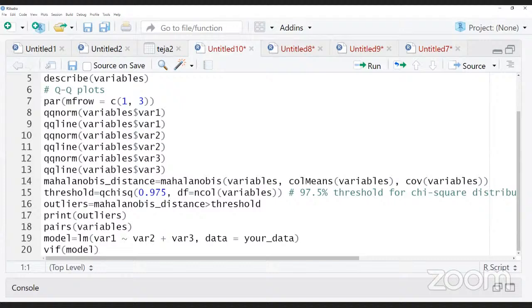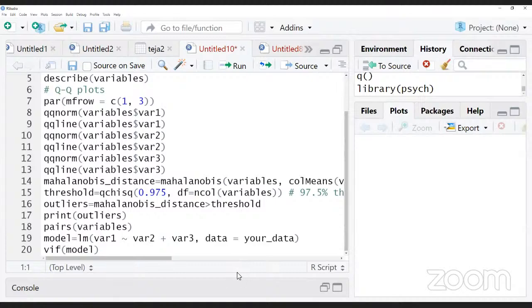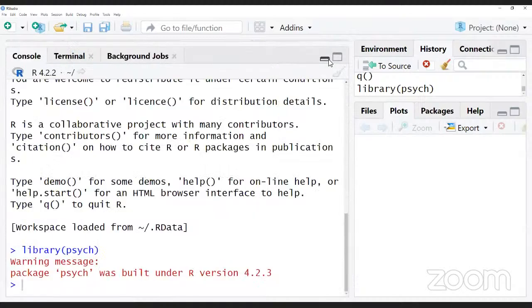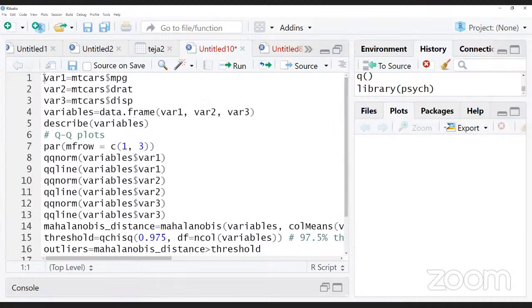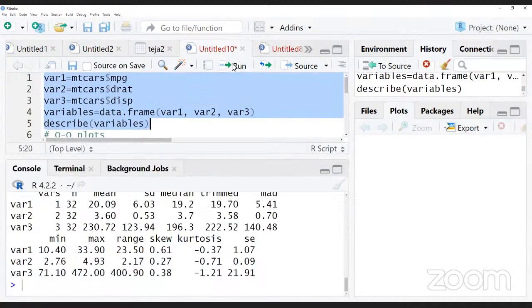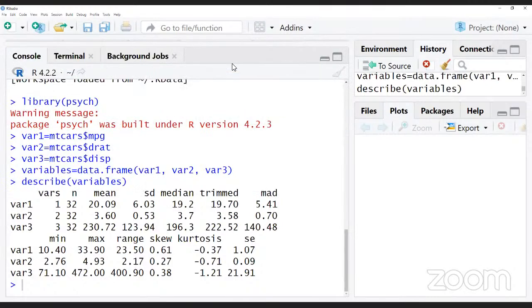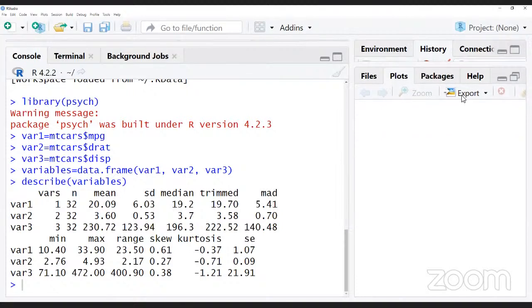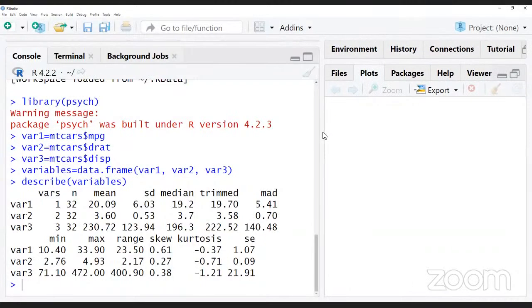Okay. Now I am requesting Farah, please select the first data and then run. Students, this is visible to all of you. So variables is the vector, and this vector includes the mean, median, trimmed mean, MAD, minimum, maximum, range, skewness, kurtosis, standard error of mean. All the things you have noted.